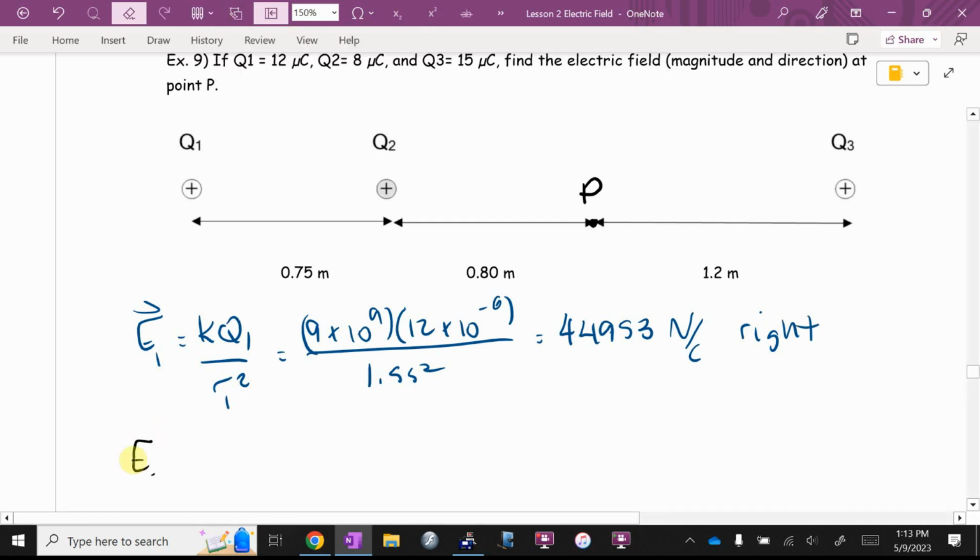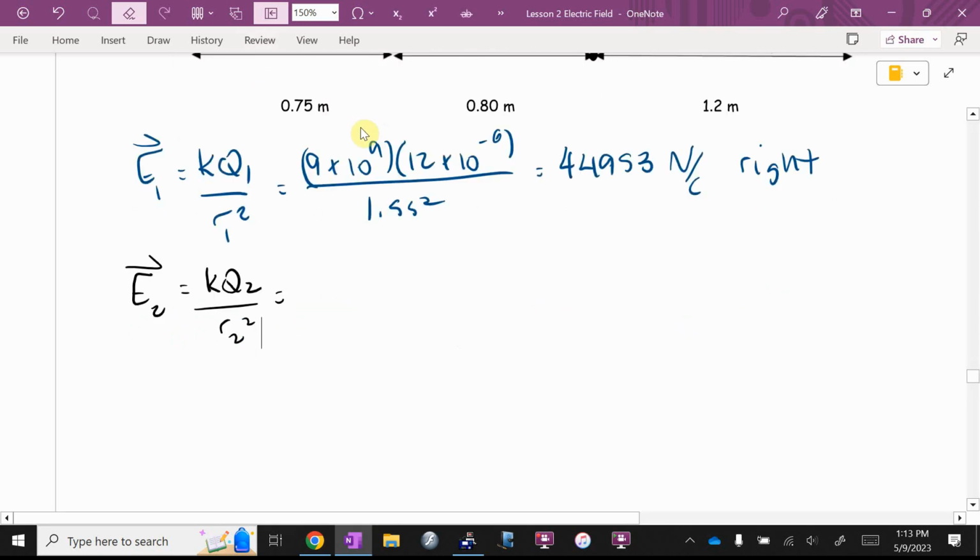Now we're going to find the electric field from charge 2. That's going to be KQ2 over R2 squared. I've got to scroll up, Ari, and you're going to have to tell me what was K? On your formula sheet, it's that constant. That one's probably worth memorizing, and I'm going to argue it's pretty easy: 9. What was Q2? I've scrolled down, but the question should tell you. 8 microcoulombs? 10 to the negative 6 divided by, okay,